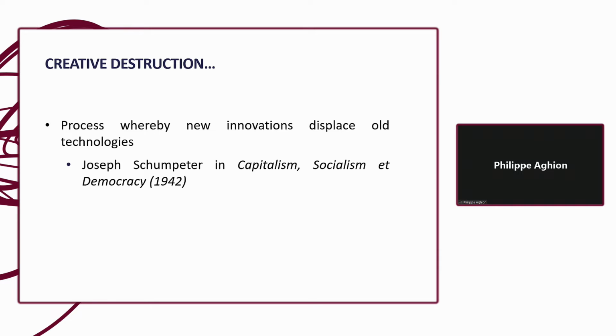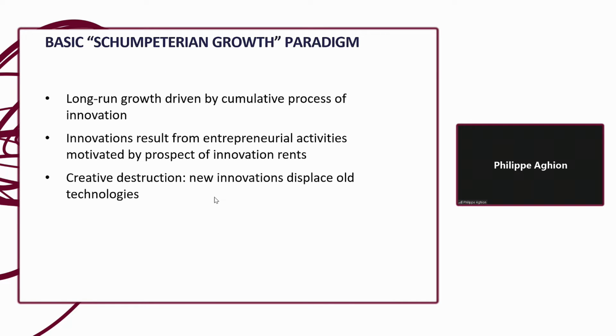And so when I studied growth, and of course I heard about Schumpeter and creative destruction, I said, where is the model? There was no model. Where is the empirical analysis? There was no empirical analysis. So with my colleague Peter Howitt, in 1987, we decided to write a model of growth which embodies Schumpeter's notion of creative destruction. So this model revolved around three main ideas.